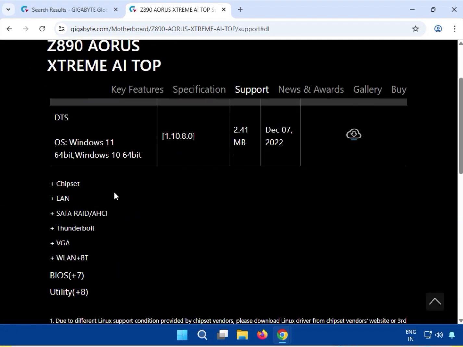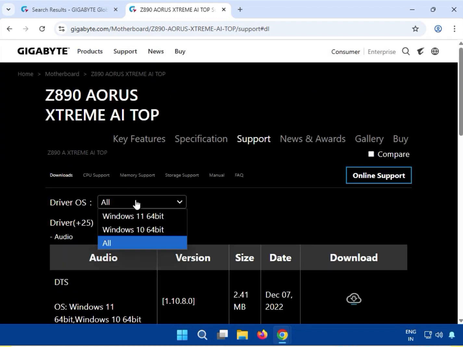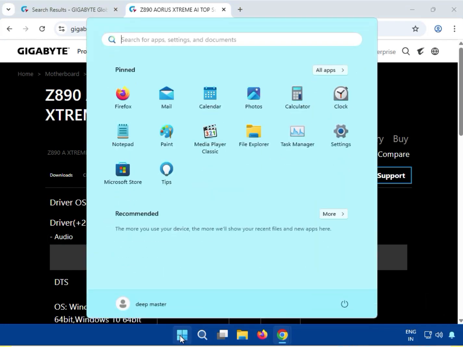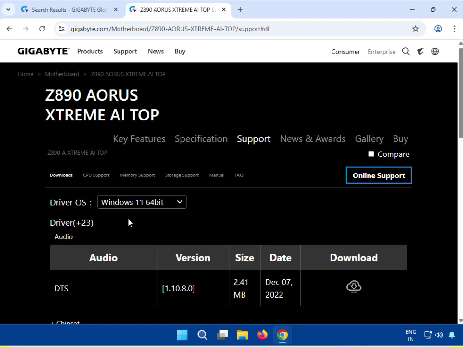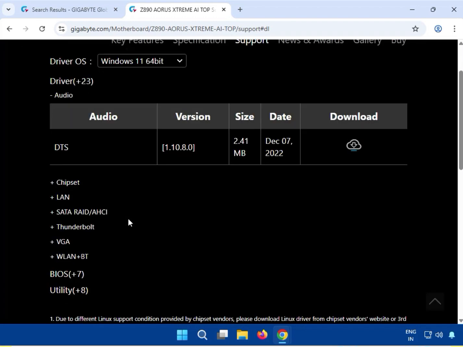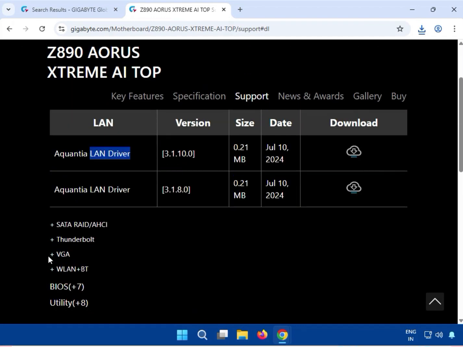Then you can see here there are two operating systems, which are Windows 10 and 11. Okay, so if you are using a specific one, select it, otherwise you can select all. Okay, so I am on Windows 11, so select operating system Windows 11. On Windows 10 also the installation process is the same. Okay, then VGA driver,